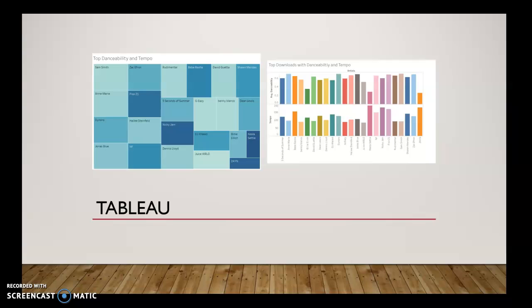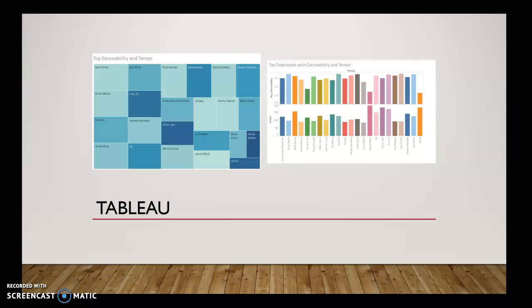The next thing that I did was look up some data sets in Tableau, and here I only wanted to visualize the top, I think there's 23 artists in this due to the criteria I selected. In the table on the left, you can see that these artists have the most songs in the data set for the tempo and danceability criteria above that score.